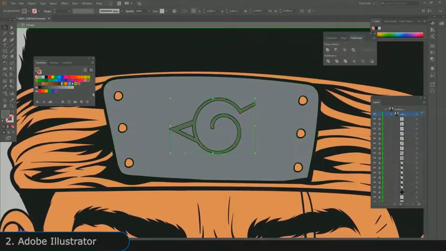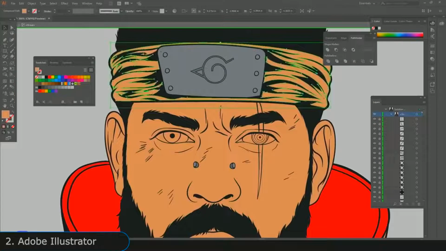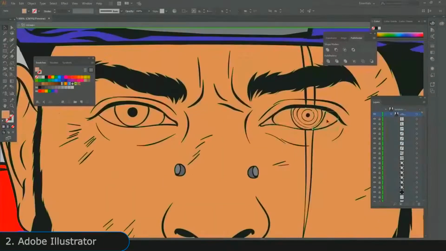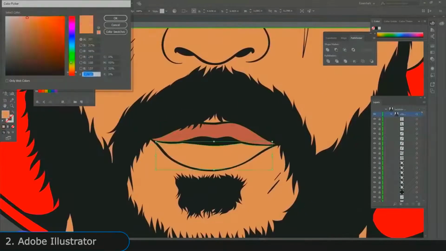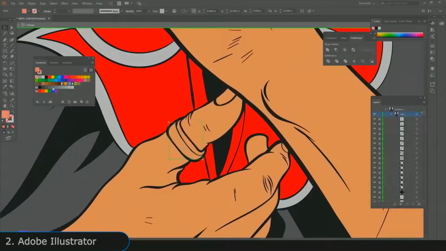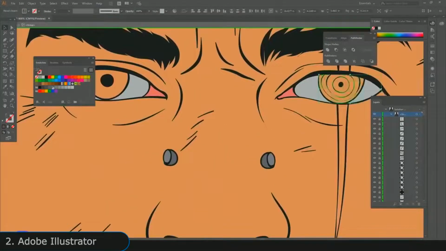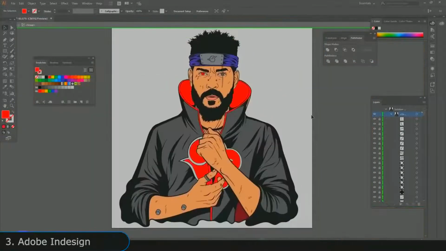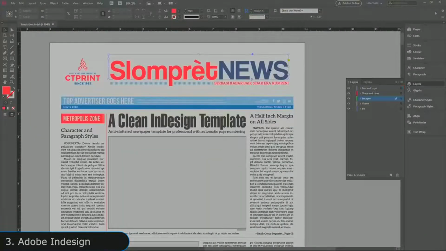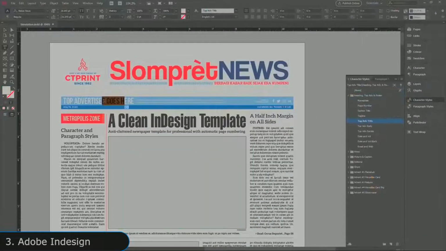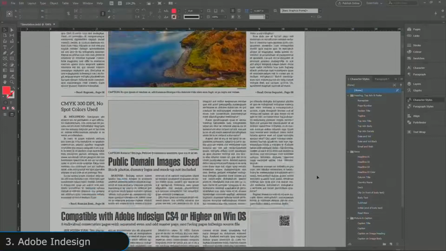The disadvantage of vector art is that it cannot be used for anything detailed like photographs. Hence, we have two separate tools for each purpose. Illustrator is great for making icons, logos, posters, and graphics, which can be used in other projects. Next is Adobe InDesign, which is a publishing software that excels at projects which require multi-page layouts like magazines, newspapers,